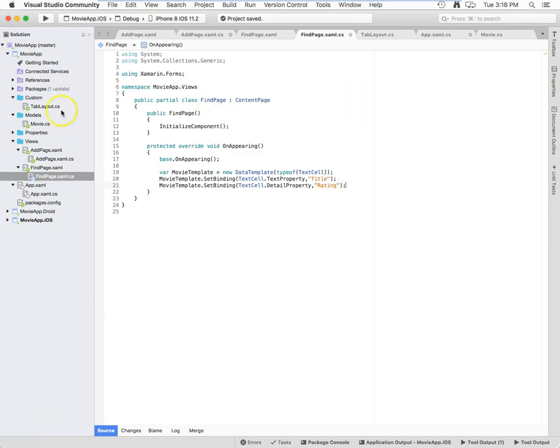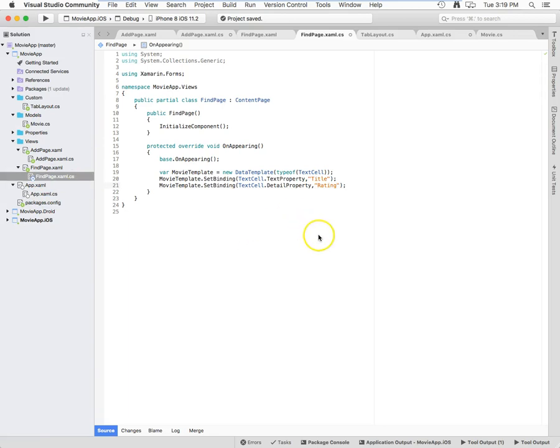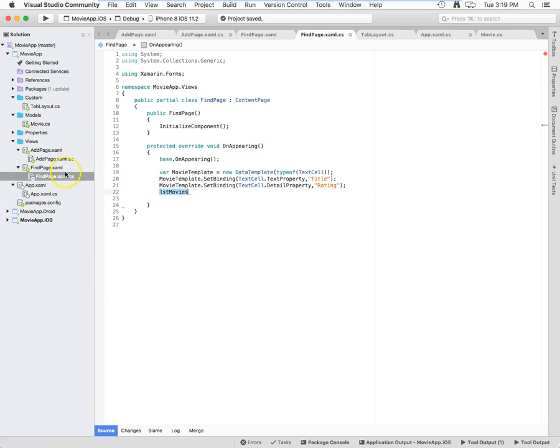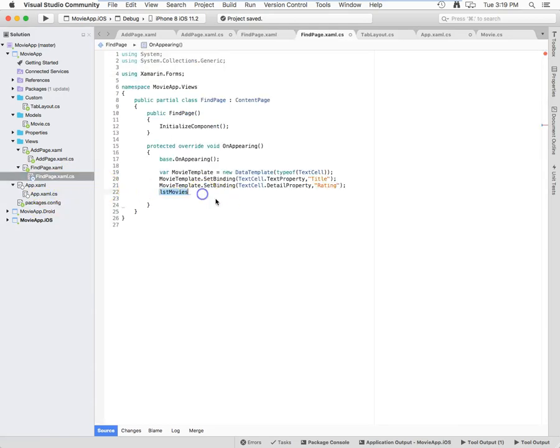And just to double check that, I'm going to go back over to my model here. And that is Rating, capital R. So at this point, now we've got a template set up that defines how this data that's going to be thrown at this list is going to be applied. So I have a list called list movies, and that is what's on the XAML right now. We threw that movie list in the XAML. Okay, so list movies